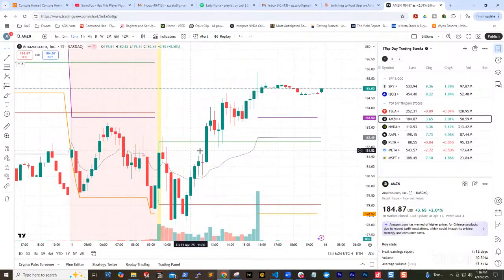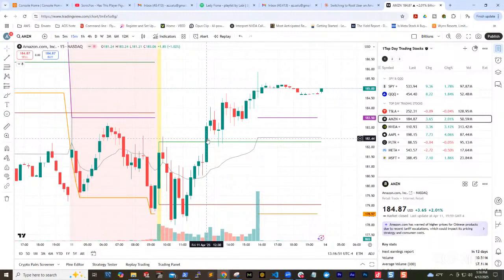If the candle is in this range, I'm not going to buy. But as soon as the candle crosses this green, you see that there is not any resistance here. The next level it's going to go to is this purple, right? So as soon as the candle crosses this green, I'm going to buy it here. If you put a stop loss so that if it drops back to here it sells, you would have lost, it would have gone here, and when it came back here, you would have got your money back.